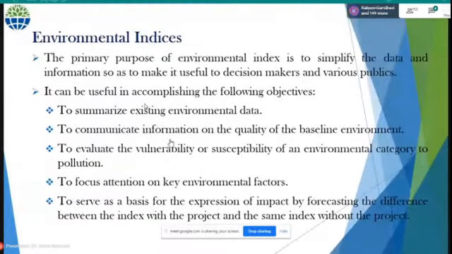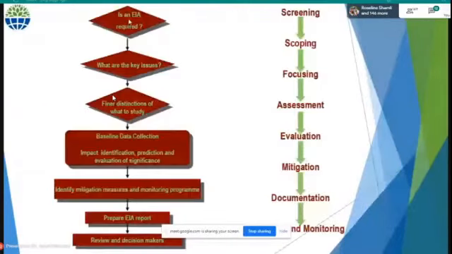These indices are numerical indices, which means they have to be presented in numbers, because any layman, even a common man, everyone can understand a number. So we have to present the quantification of environmental parameters in the matrix only, and after that we have to present one figure for one parameter. Like the air quality index is one, then we have to go for the noise quality index, otherwise the soil fertility index, and then we have to go for